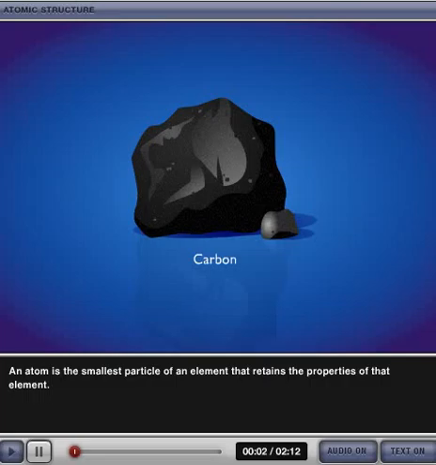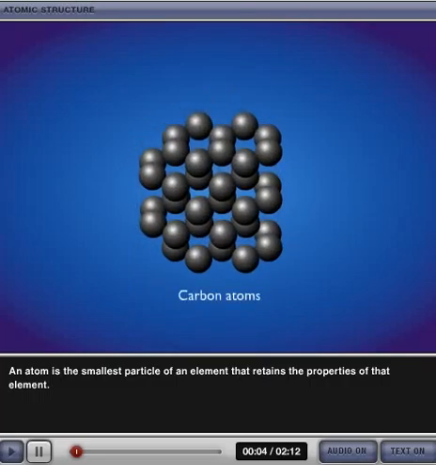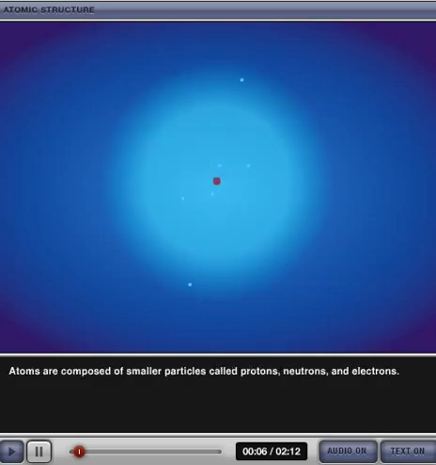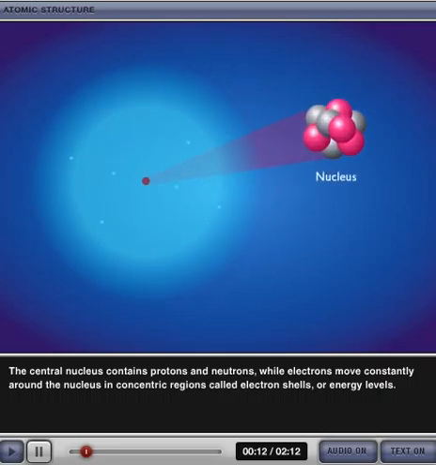An atom is the smallest particle of an element that retains the properties of that element. Atoms are composed of smaller particles called protons, neutrons, and electrons. The central nucleus contains protons and neutrons, while electrons move constantly around the nucleus in concentric regions called electron shells